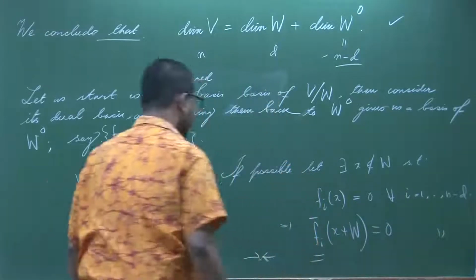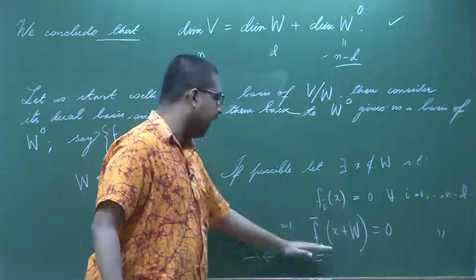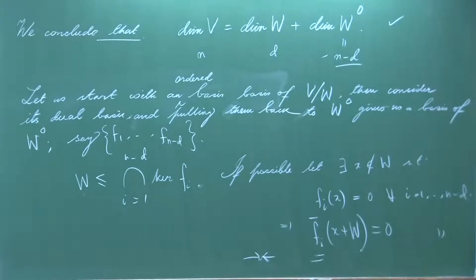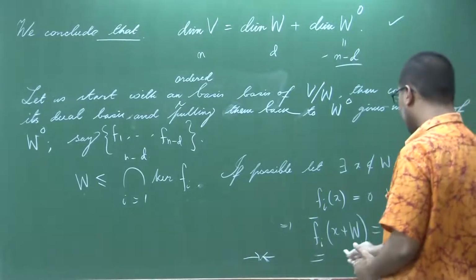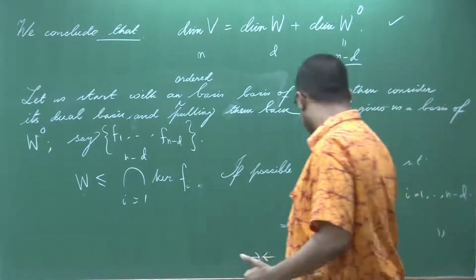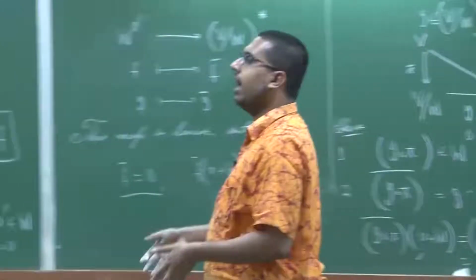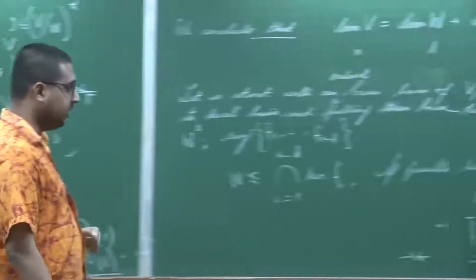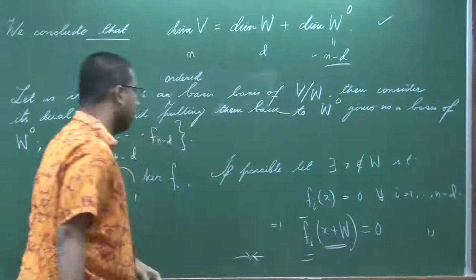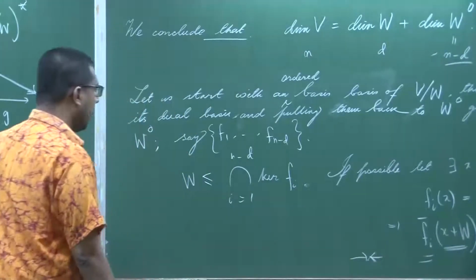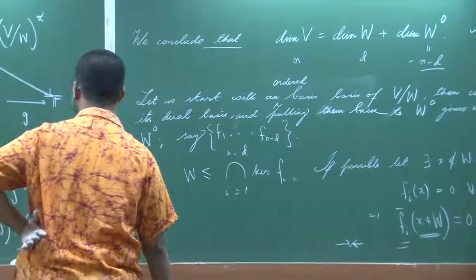I repeat that the way we have constructed the fi bars, they are coordinate functionals on V mod W with respect to some ordered basis. So for this vector all coordinates are 0 with respect to that ordered basis, and that is possible if and only if that vector itself is 0, and that shows that x lies in W. Okay. So thus we have proved that any subspace